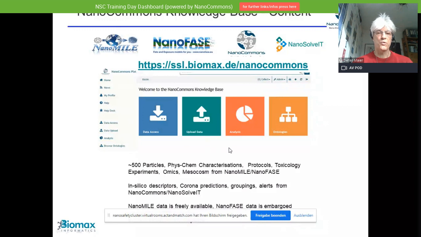And it also allows you to have in parallel public data. Right now, we have the nanomile data public and embargoed data. Right now, the nanophase data is embargoed until September next year. And it also provides you with a governance, with a possibility to access or ask for access to this data even during the embargo period. There's a data transfer agreement template, and you can look what's the metadata, so what is actually available and would you like to access. Okay.